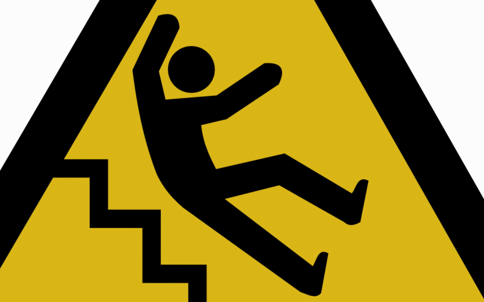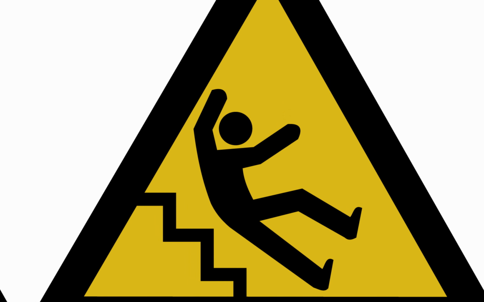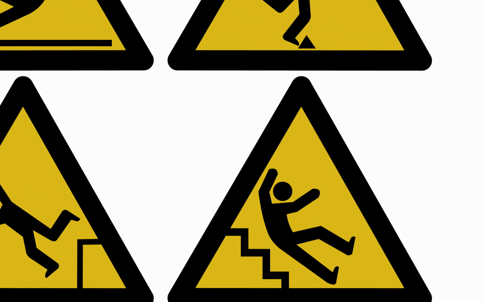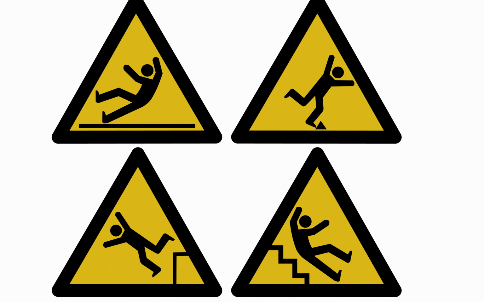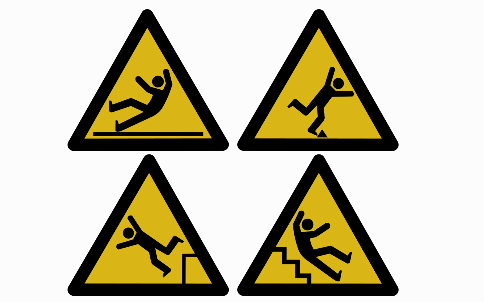In order to get to first base, you're going to need to prove that there was a dangerous condition. A dangerous condition can be multiple things. It could be an excessively slippery floor. It could be a broken tile on the floor. It could be a rip in a piece of carpet that you tripped over. It could be a broken handrail. It could be a multitude of things that were dangerous, that caused you to fall. You need to be able to find what that dangerous condition is.